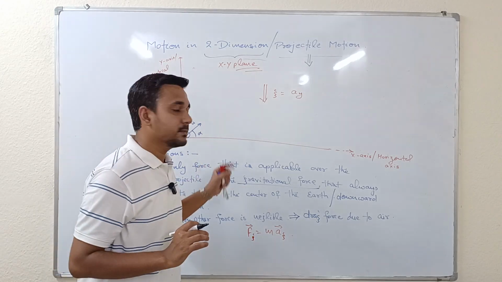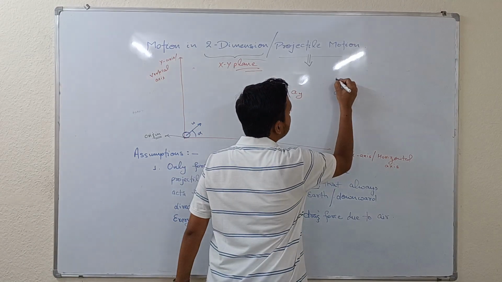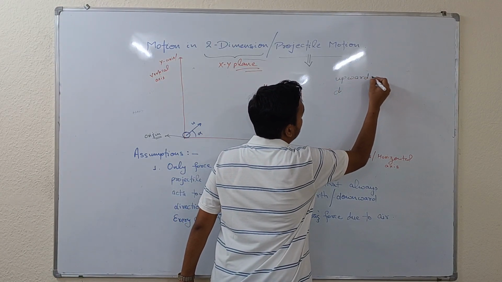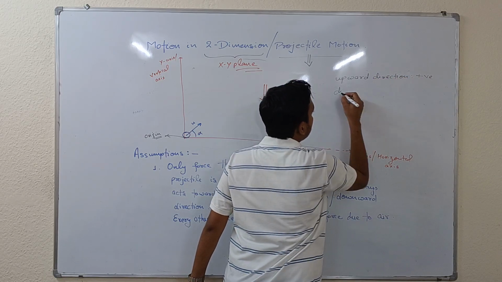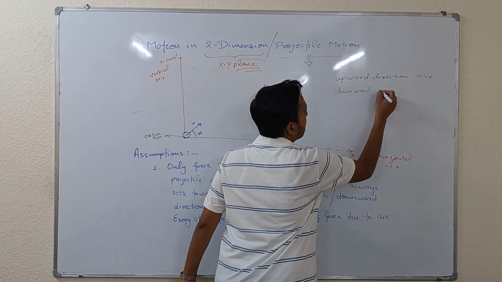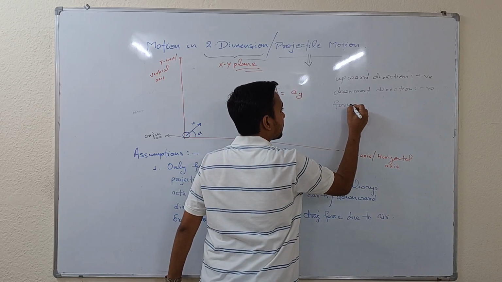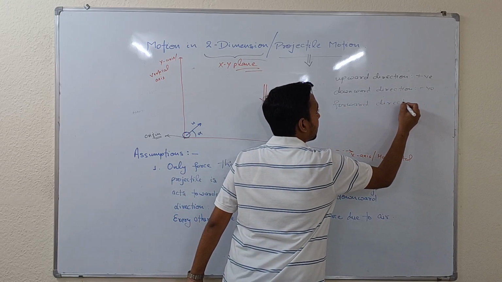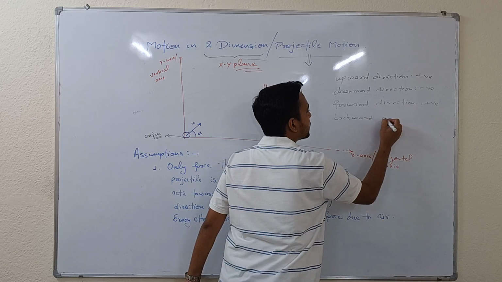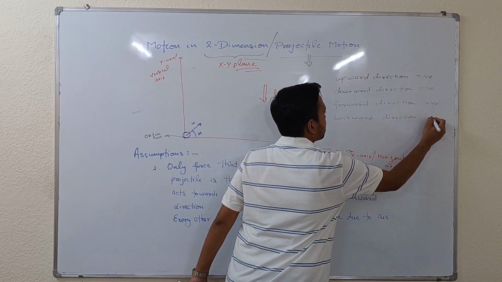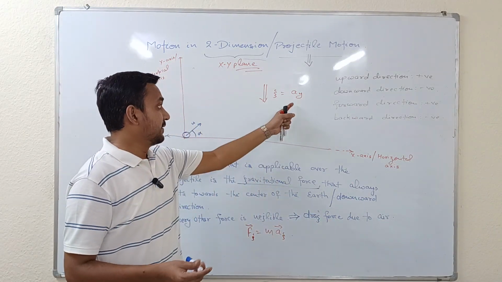We are starting from origin. Now, second thing is we take the upward direction as positive, downward direction as negative, forward direction as positive, and backward direction as negative, right? So if I am taking the downward direction as negative, so I can write the magnitude of